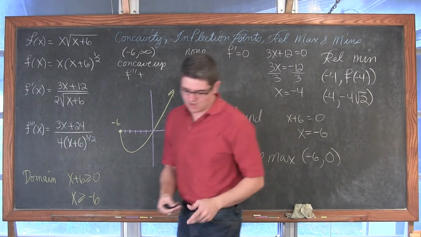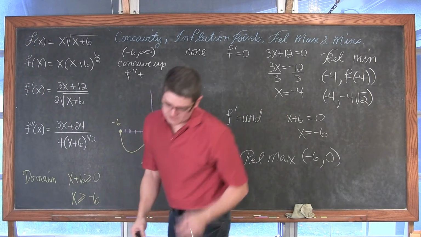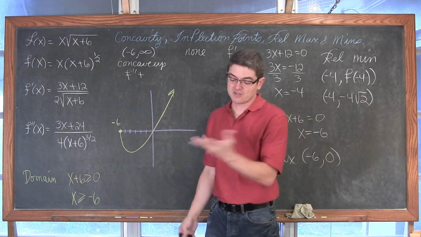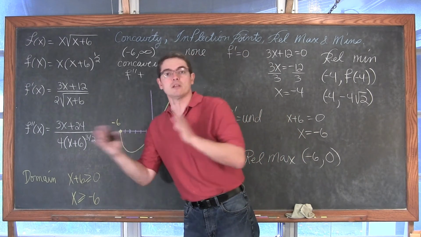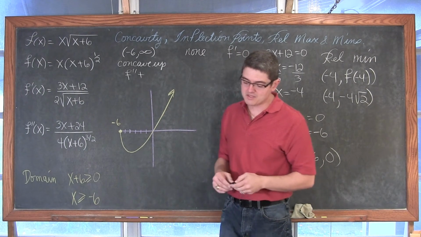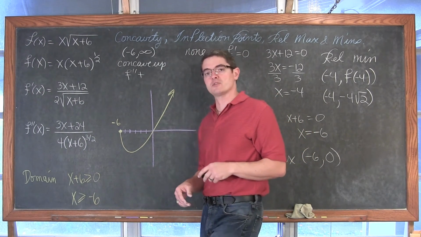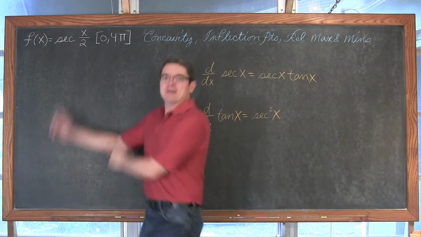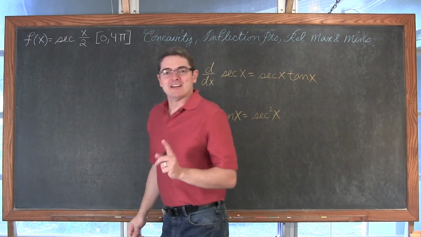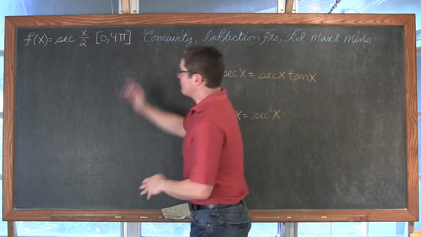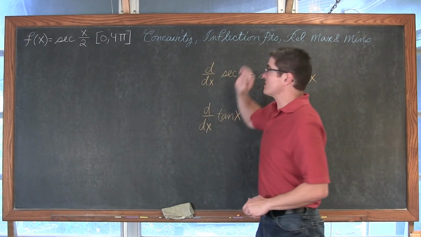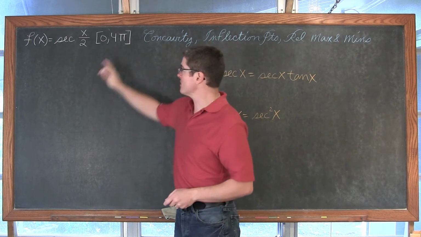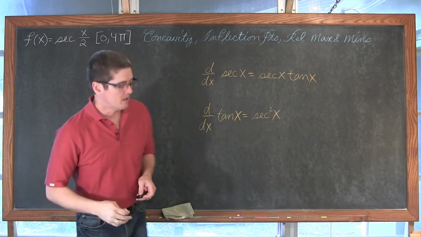Okay, I got one more example. It's going to be quite a long one. It's going to involve a trig function. And I think, oh, I said I was going to do all 3 examples in this video, but I might actually even do a separate video as well as this one just for the last example. We're going to have y is equal to secant of x over 2 as our next example. Bam! Last example. Now, like before, I'm going to walk out. We're going to find that first and especially second derivative, so we can talk about concavity and the inflection points. We're also going to be highlighting the domain of this original function after I reveal the derivatives to you.